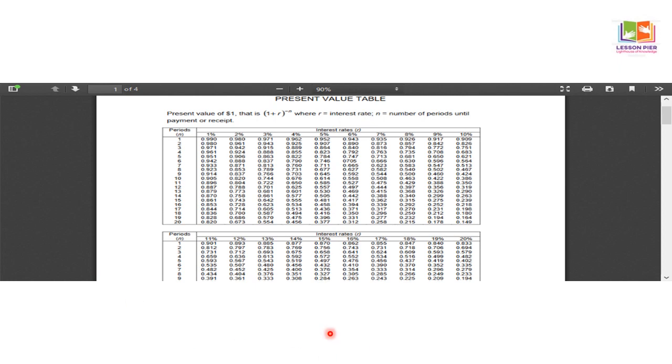Now let's start with the same question. Now we have n equals 16 now, and the interest percentage is 3%. That is, it's quarterly. 12% divided by 4 is 3% per quarter, per 3 months. So we combine this, and this comes to 0.623. This 0.623 when multiplied by 1000 will become 623, which is the same as the answer taken by the calculator.